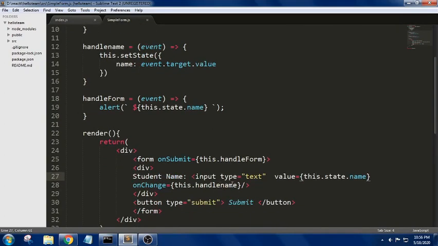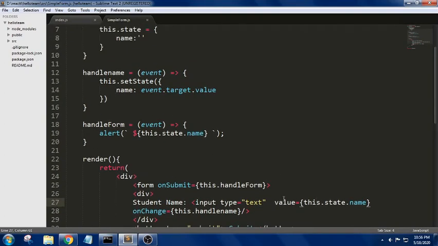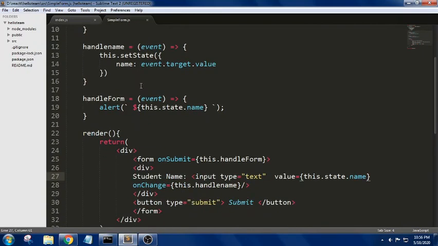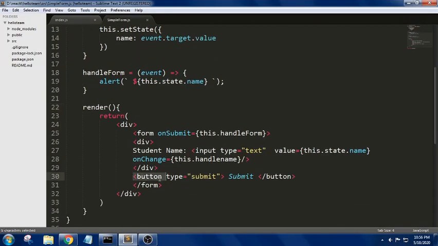Later, using the state, we cannot edit the input field unless we use an event here, that is the onChange attribute. When the user performs an action on it, he can edit it, and we pass this in the form of event.target.value, and later on we have used a button.